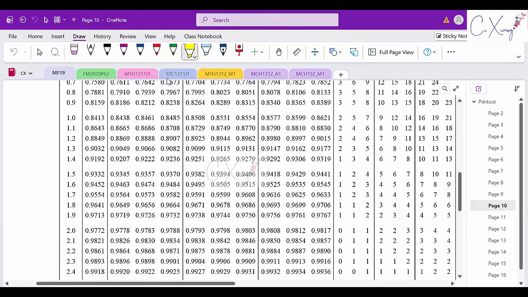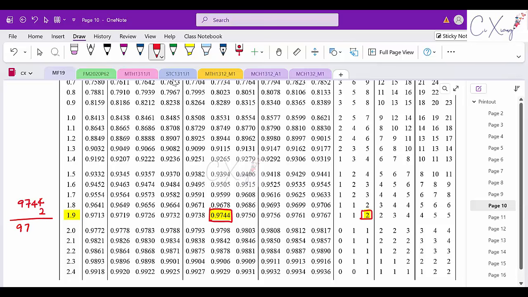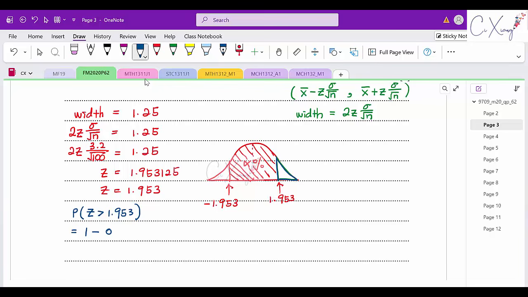Let's have a look here. 1.95 is this value, then for the 3 you have to add 2. So 1.953 will give you this one, 9744, plus 2 at the last digit, so you'll be getting 9746. Going back to our calculation here, I'll be having 0.9746, and I have 0.0253, which means that this particular area here is